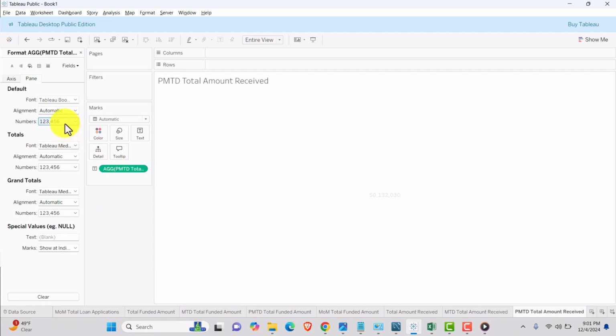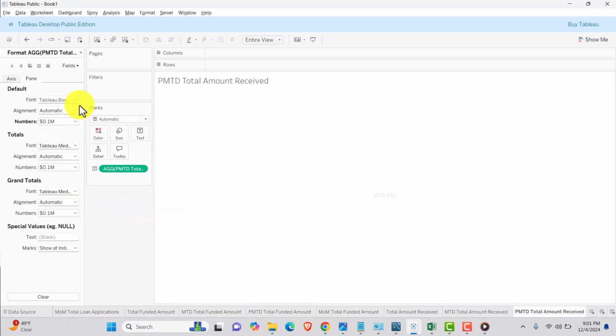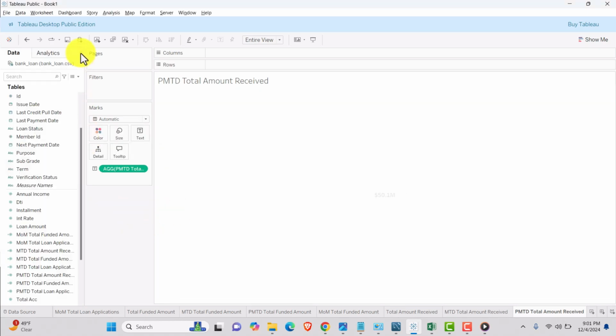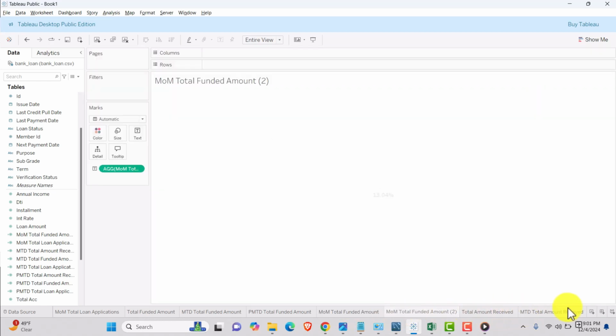Let's click on number and then currency custom, one decimal place, and then millions. So this is converted into million. Okay, now as we have calculated MTD and PMTD, now we will calculate the month over month. So for that, I will just duplicate this page. I will drag it to the right,